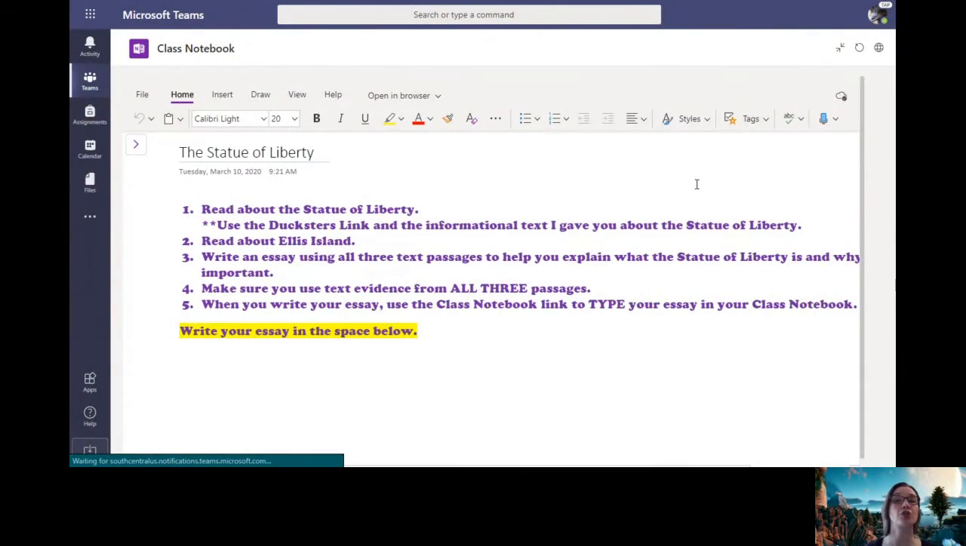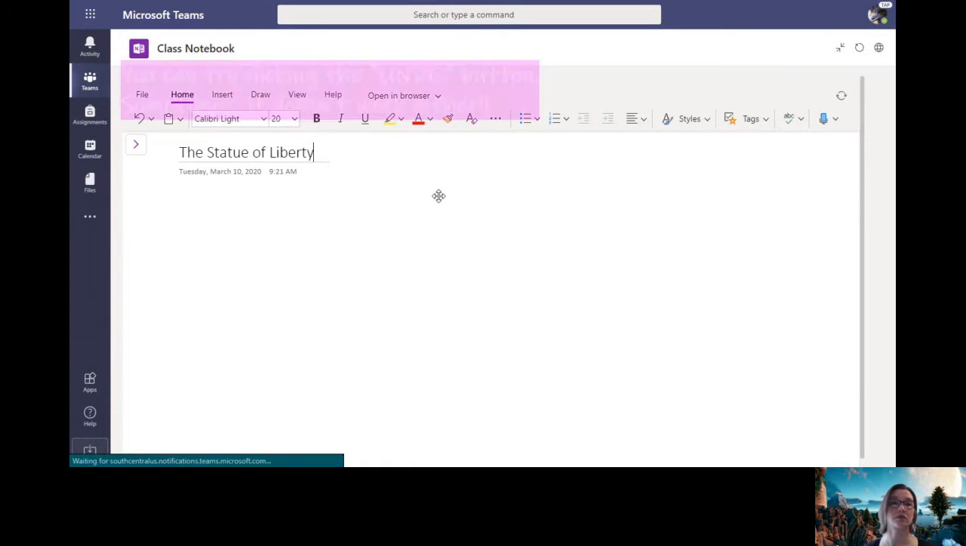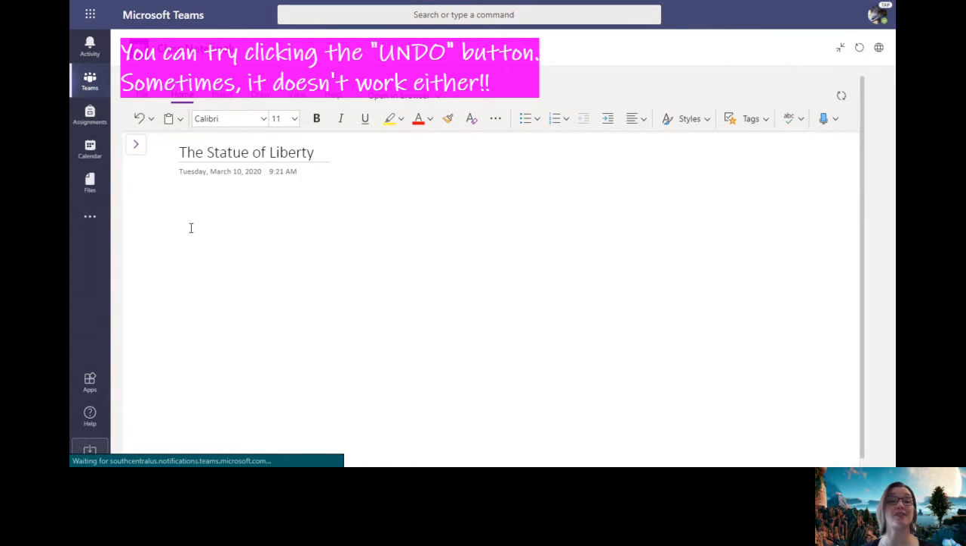Okay, Frizzlets, you are doing your work, you're diligently in your class notebook, and you are typing stuff up. This is an assignment that we had before we were kicked out of school, okay? And you accidentally, whenever you click on it to type in your work, you accidentally delete what's in there. So instead of freaking out and having a fit and throwing your computer out the window like Miss Frisbee has